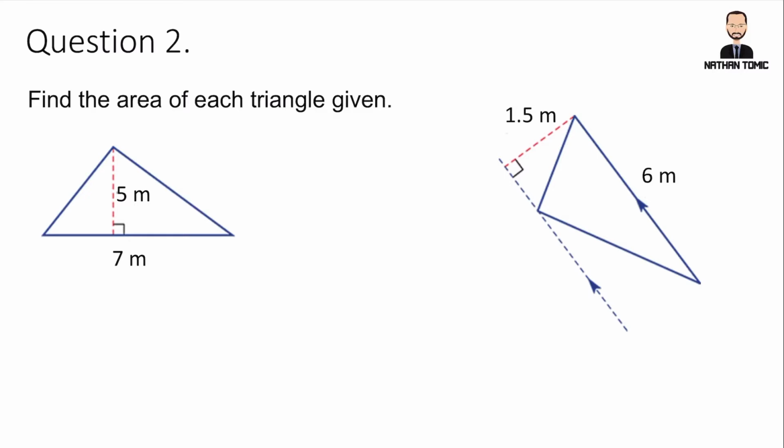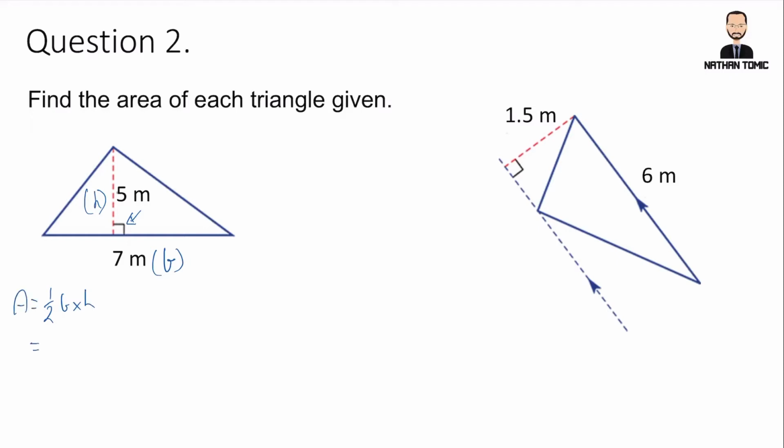First thing to identify is your base and your height. So we're certainly looking for where the perpendicular sign is. So here we have the perpendicular sign. So this would be our base, and therefore this would be our height here. So if we write out our formula, half base times height, I'll put the area at the start,